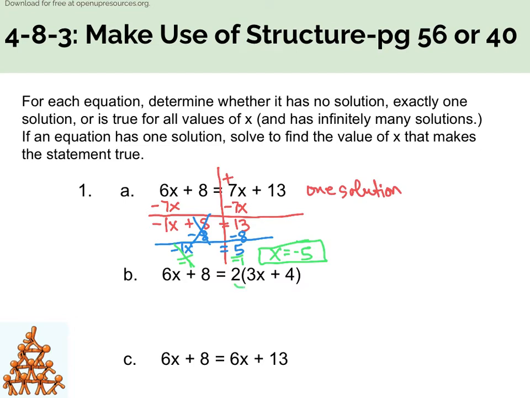B, what we're going to do is we're going to multiply in the 2. So 2 times 3x is 6x. 2 times 4 is 8. And then we still have the other side we didn't do anything with. So notice how we have 6x and 6x. Okay, both sides are equal as far as the variables, and then we have 8, and then we have 8. So if we look at it, we have 6x plus 8 on one side, we have 6x plus 8 on the other. The answer for this one is true